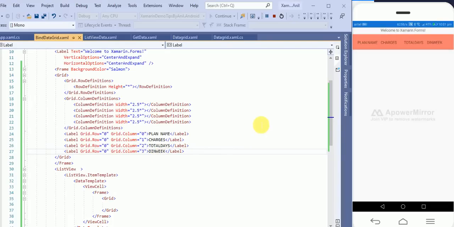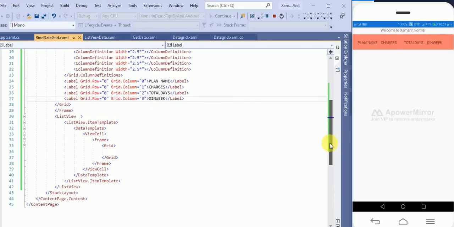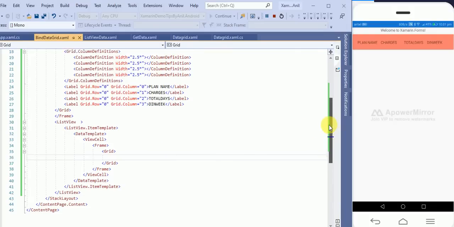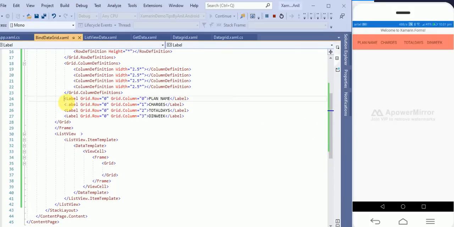Okay, four columns have come. Here we have to bind the data again.